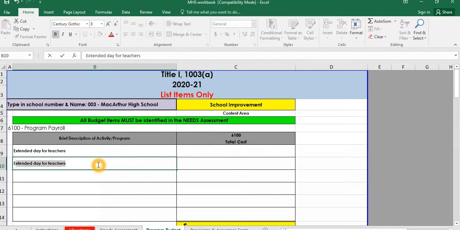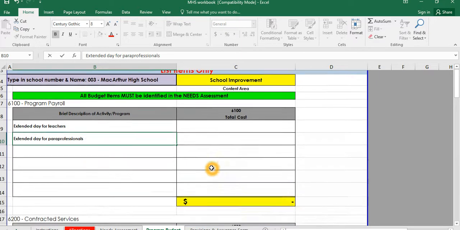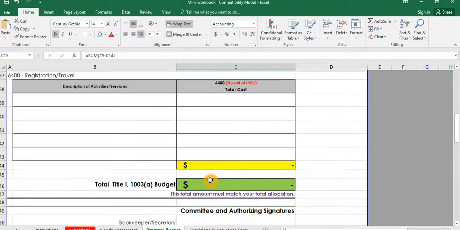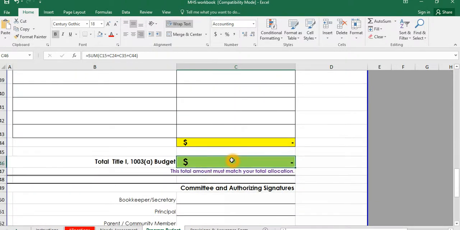Extended day for paraprofessionals. So on the program budget page is where you actually list the exact items that you are purchasing or services that you are purchasing. Once again, it automatically totals for you, and when you get to the bottom,